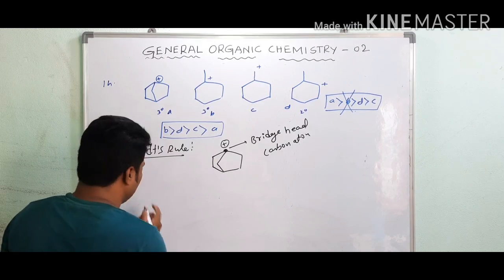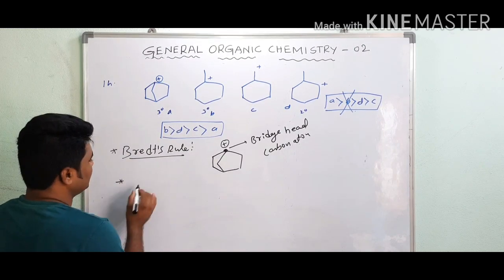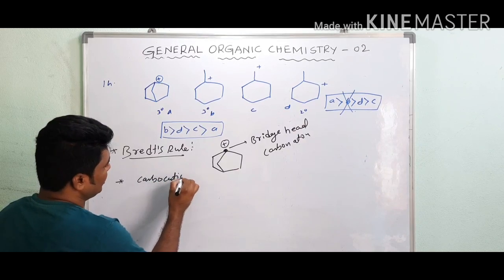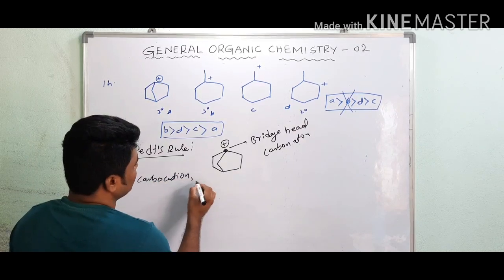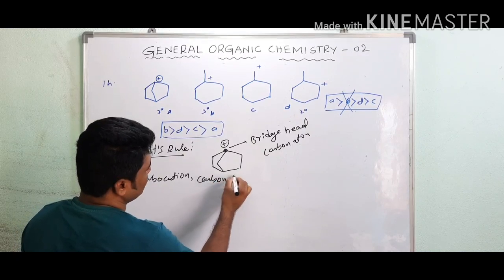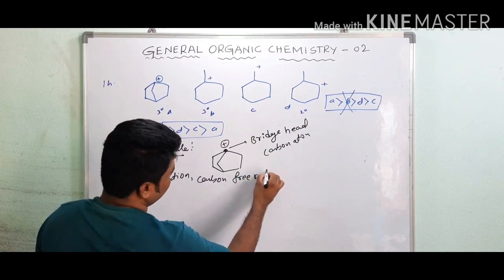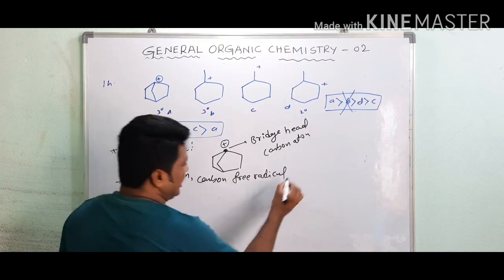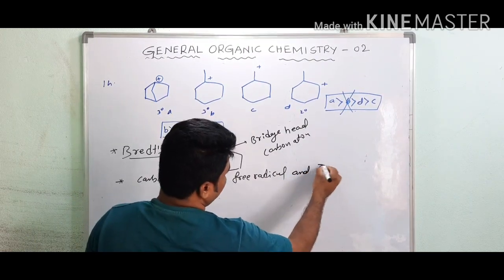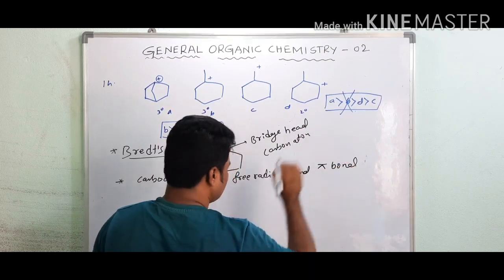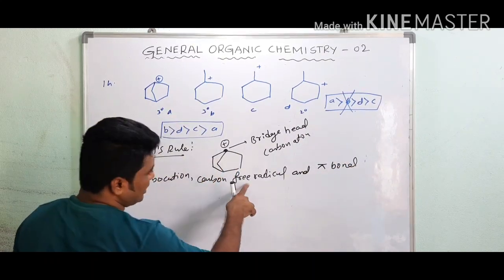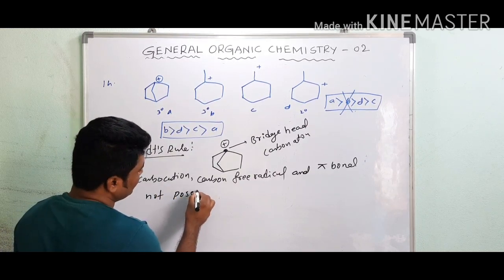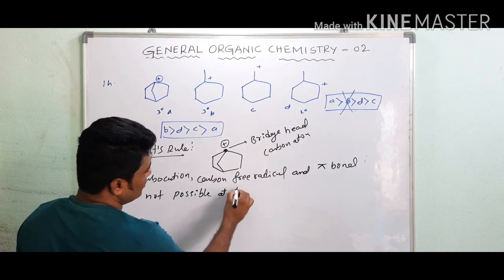So what is Bredt's rule? Here, carbocation, comma, carbon free radical. Why? A free radical also undergoes sp2 hybridization, and a pi bond also has sp2 hybridization. Carbocation, free radical, and pi bond are not possible at